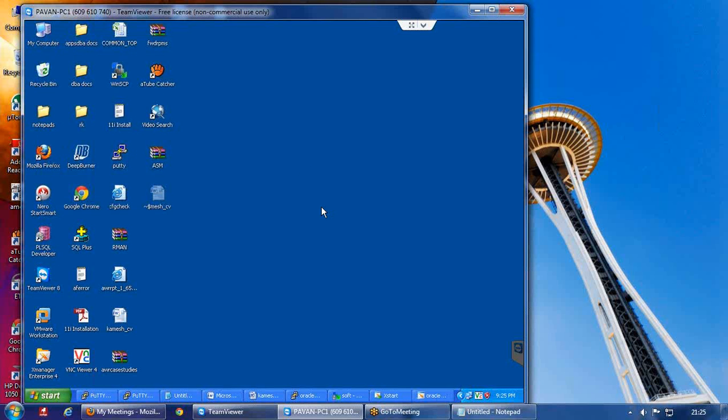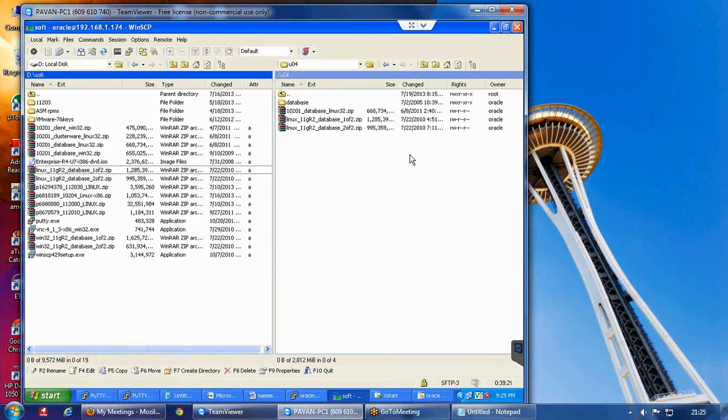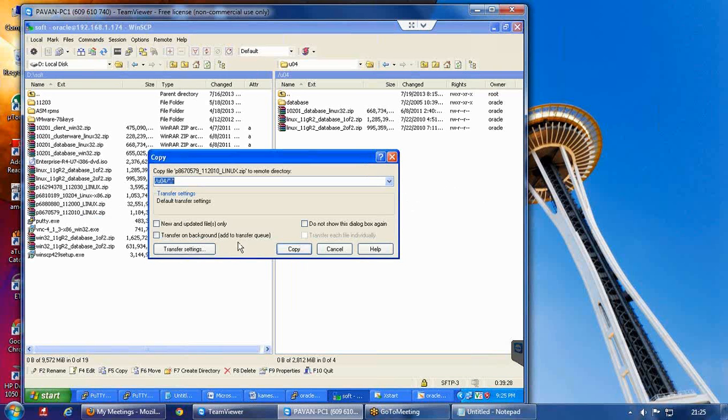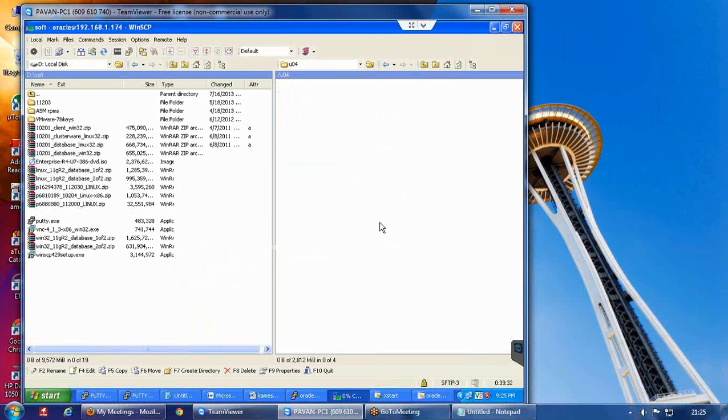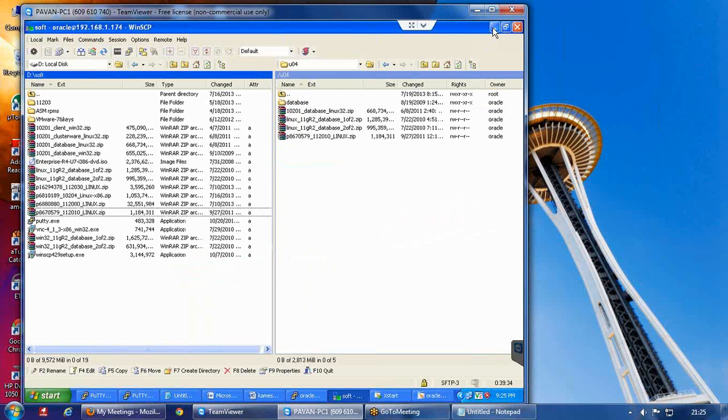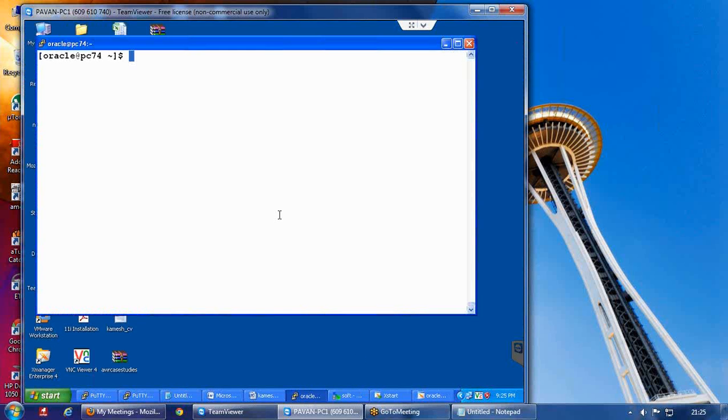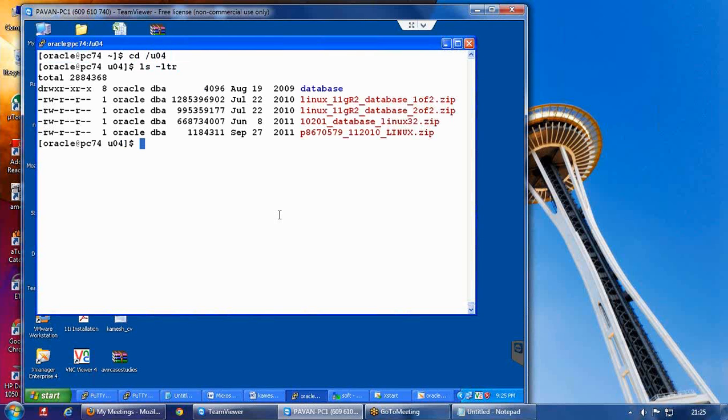I have downloaded that patch already. So I am opening WinSCP once again, and this is the patch that I have, which is of very small size frankly. I am just copying that with binary option to the server. On the server you would be getting your patch in u04 location. So this is my patch zip file. I am doing unzip of that,